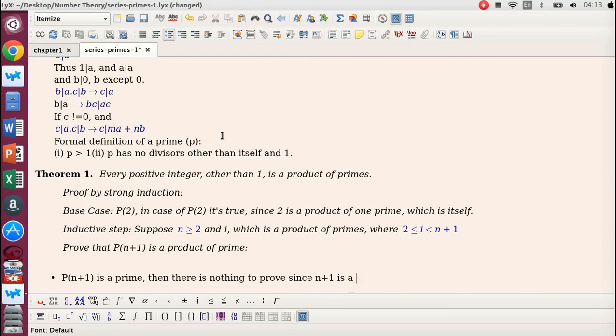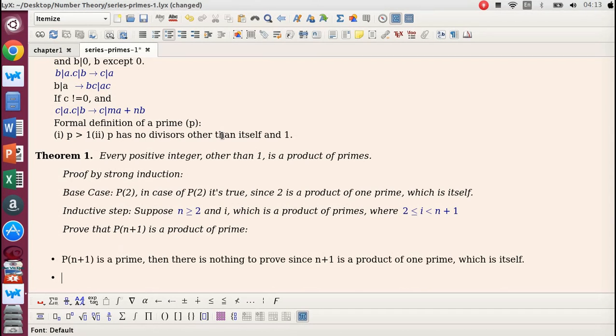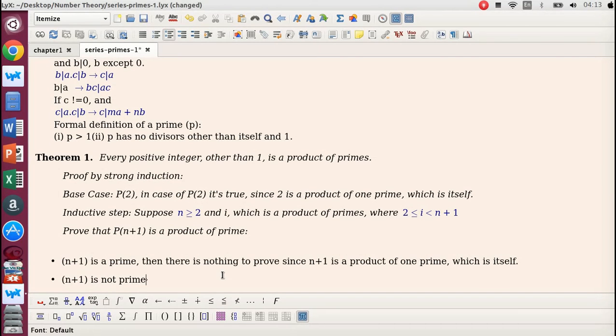n plus 1 is a product of 1 prime, which is itself. So the second case is just n plus 1 is not prime, which by definition means that n plus 1 is k times m, such that 2 is less than or equal to k and m, which are less than n plus 1. Now by our induction hypothesis,